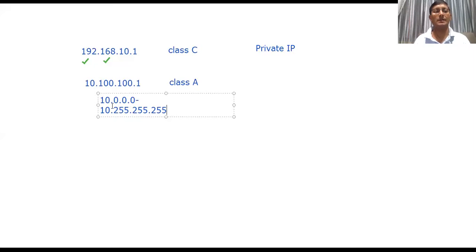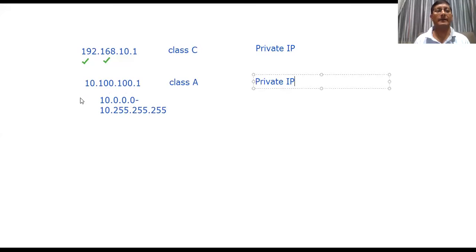That means first octet 10 is constant, and the remaining values go from 0 to 255. Everything comes under this range. Whenever you find this, that is a private IP address only. So if you find 10 in the first octet, that is private IP. Got an idea now?